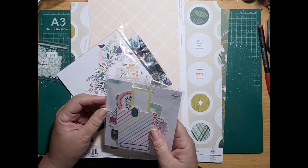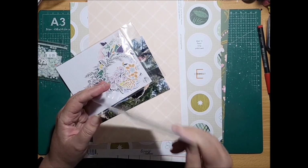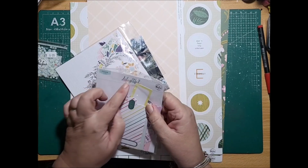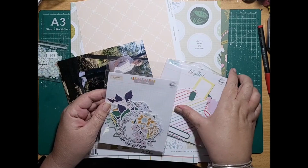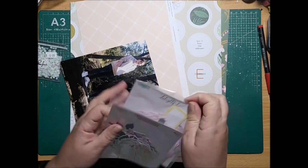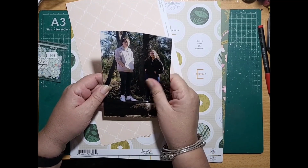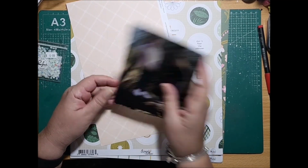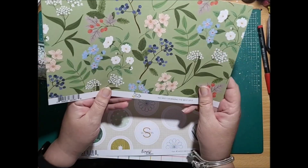I'm going to use these also from the Best Day collection, and that's where a lot of them are going to come from, and they are going to be what I build my cluster in the centre of my page around. As I said, this photo is of my daughter and my son. It was taken in 2020. We had to go out and take photos for my son's photography assignment, and that was down at Yarramundi just